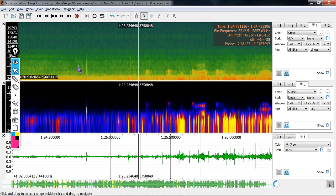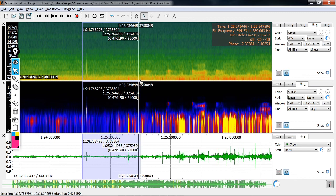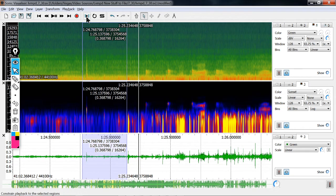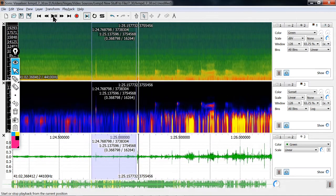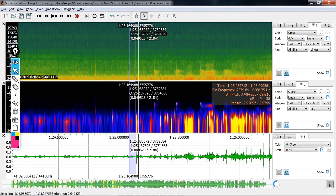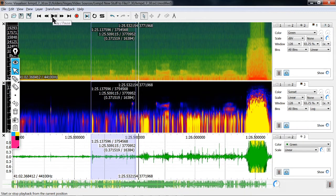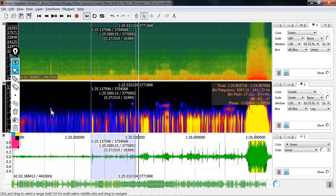If we listen to just them, right there, yeah, they're kind of hard to hear. Whereas if we listen to just the muzzle blasts with those in the background, the muzzle blasts are much easier to distinguish. So in this case, the supersonic crack is softer than the muzzle blast, which is kind of indicated in the energy